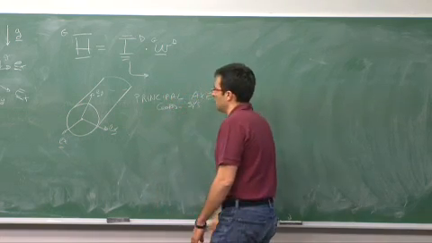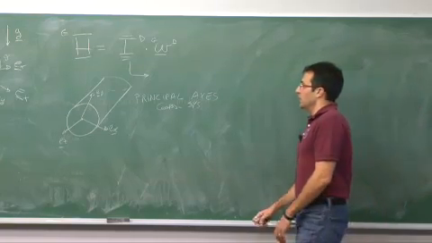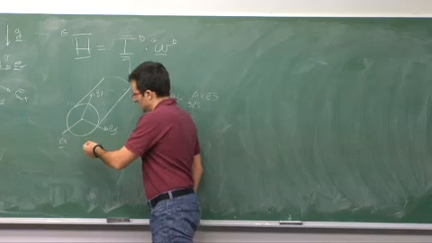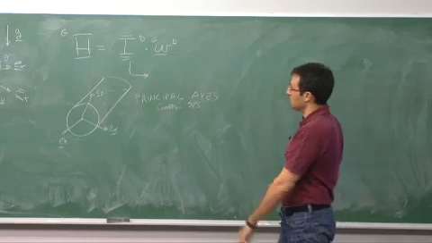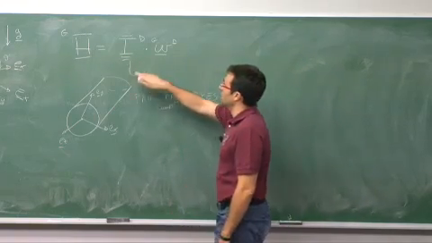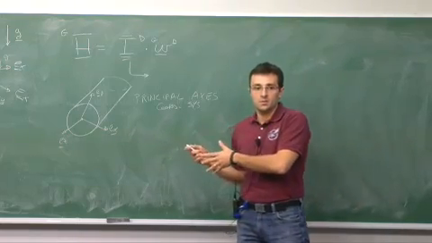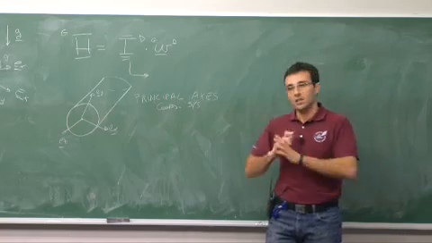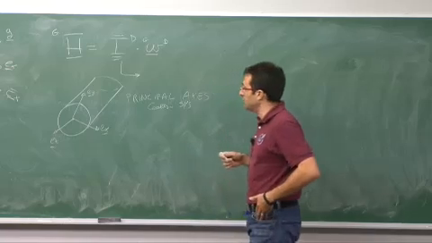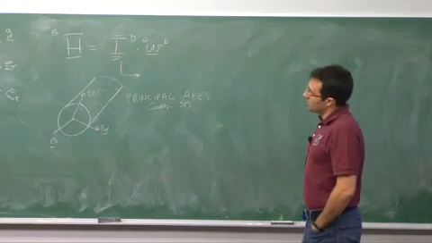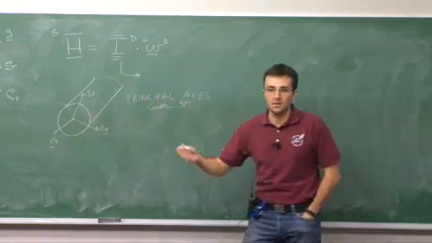For each rigid body, it doesn't matter how complicated the shape is, there is always a body fixed coordinate system with the origin at the center of mass and the axes oriented in such a way that this tensor of inertia only retains the I11, I22, I33 terms. There are no products of inertia, only the moments of inertia. I don't expect you to compute those axes. We'll see problems where the shapes are, in general, kind of obvious. So where there is an axis of symmetry, that's definitely one of the axes of the principal